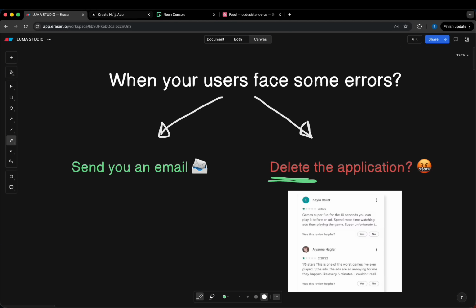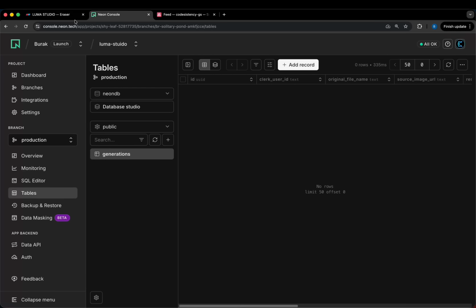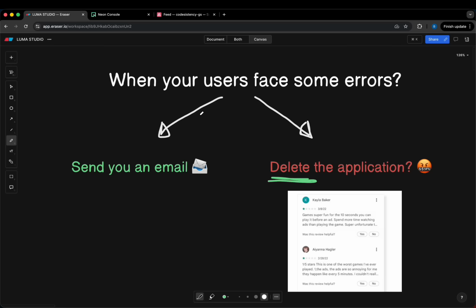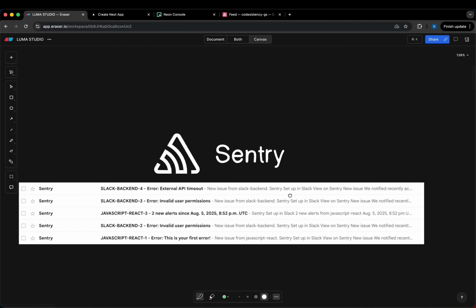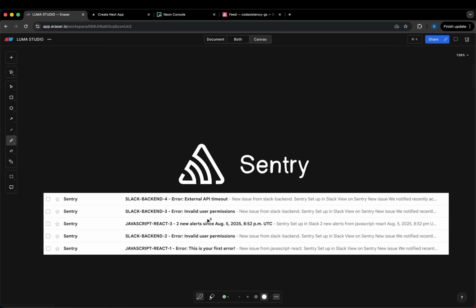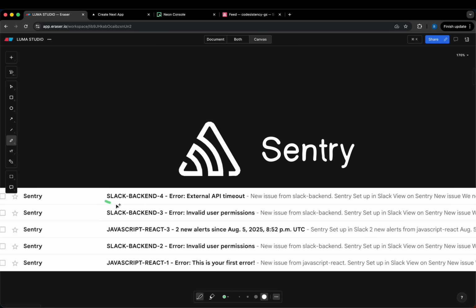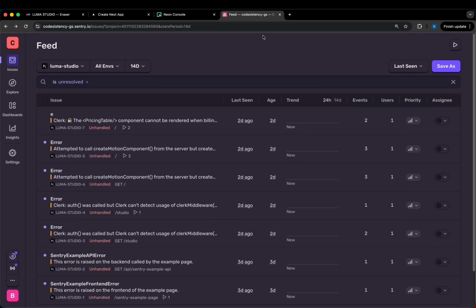Or if it is a web app, they would just close that website, right? They would never come back. So you don't really want this to ever happen, or at least you want to minimize it. And for this, you can set up Sentry in your project so that when your users face some errors, Sentry is going to immediately send you an email like, hey, there is an error on this project. You can immediately click to it and then come into your dashboard, then immediately see all the